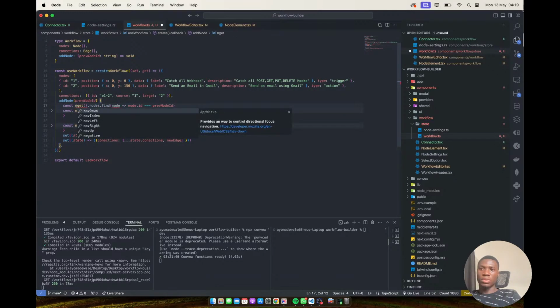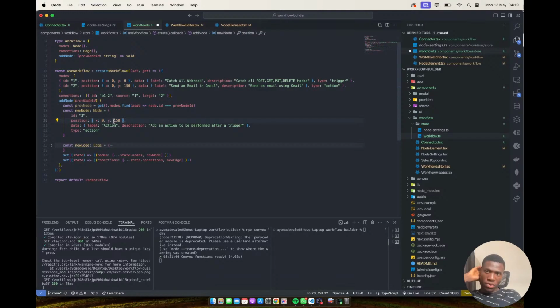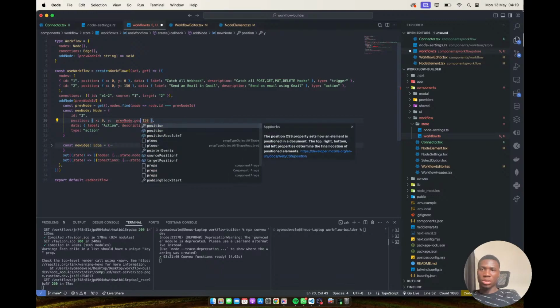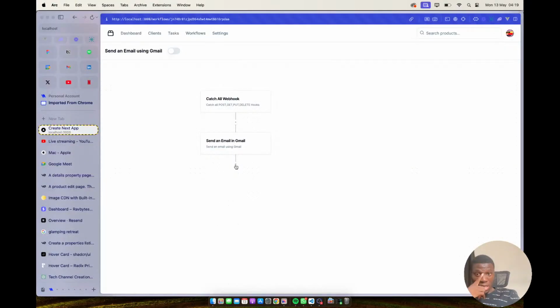So we do prev node, then prev node.position.y plus 150. Okay. Now if we click on the add, you can now see